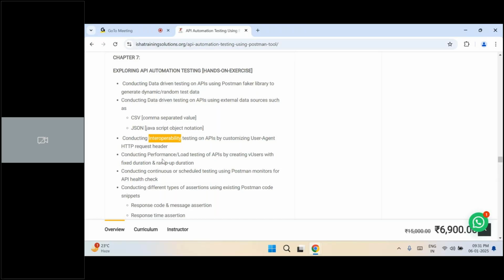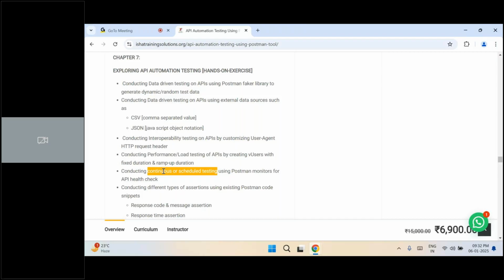I'm going to show you even how to do performance testing and load testing for APIs using the Postman tool only. So Postman tool recently, in the sense 1 year ago, they came with the feature of doing automation for APIs from a performance perspective and load testing perspective. So our course will cover even that topic apart from functional testing of APIs. Then we are going to talk about continuous testing or scheduled automation testing, which means usually you will write the automation code and you will run the automation code.